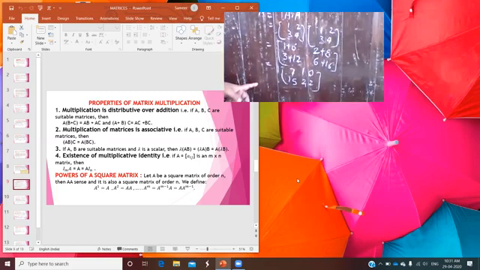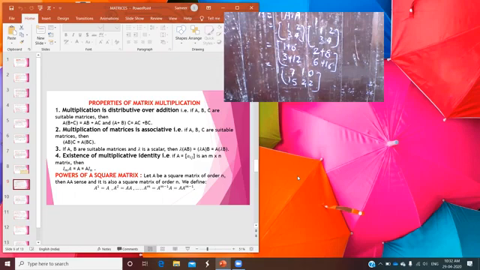So this is the value of A square. A square does not mean you only square the elements of the matrix. A square means A into A. If you want to find the value of A cube, A cube is equal to A square into A. First you find the value of A square, and then that matrix is multiplied again by A. In this way you have the value of A cube.